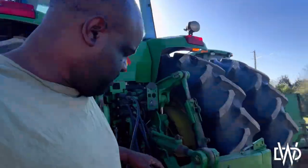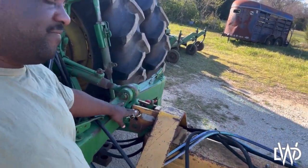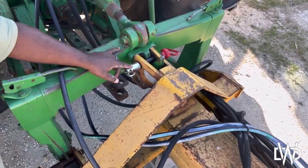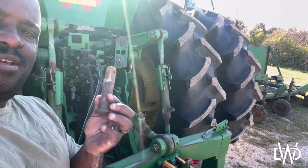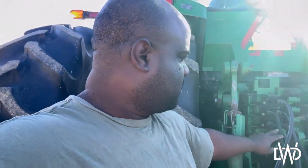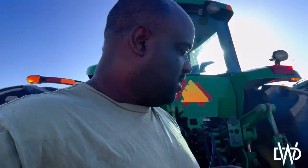So now I got everything hooked up, quick hitch. I couldn't find a pin for this, so I did it like that. It's really supposed to be this right here, but it's the same thickness. Some of y'all will totally disagree with what I did. So now I got the hoses put in. I don't know if they're right. Really at this point, it doesn't matter, but